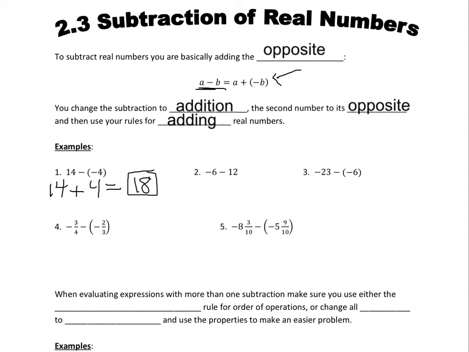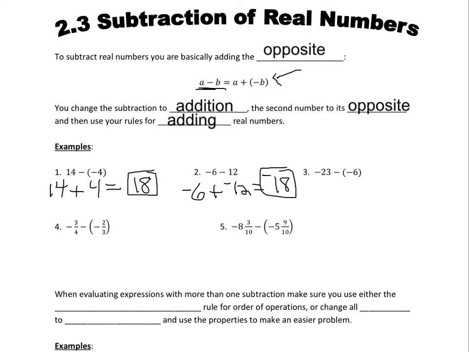Example 2, we got negative 6 minus 12. So first number is going to stay negative 6, subtraction is going to become addition, and positive 12 is going to become the opposite, which is a negative 12. Following addition rules, signs are the same, so we add. We get 18. In this case, it's going to be a negative 18 because we want to keep that same